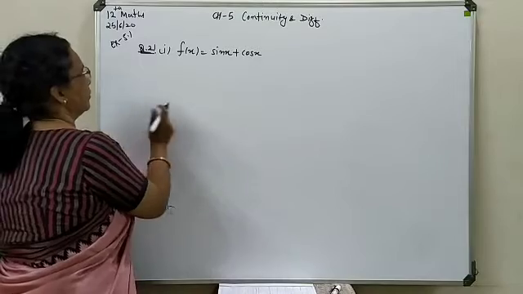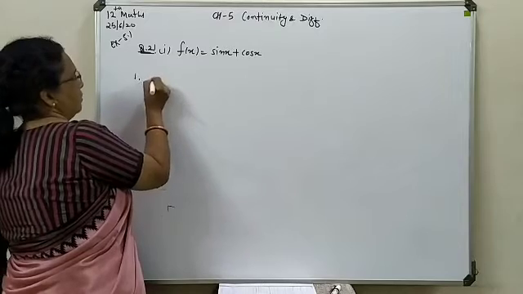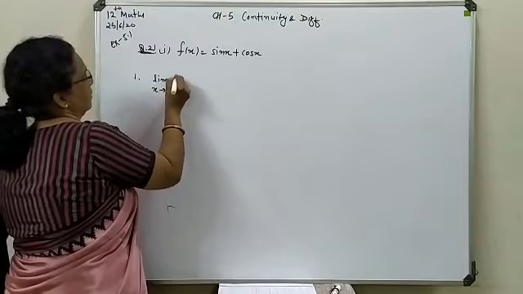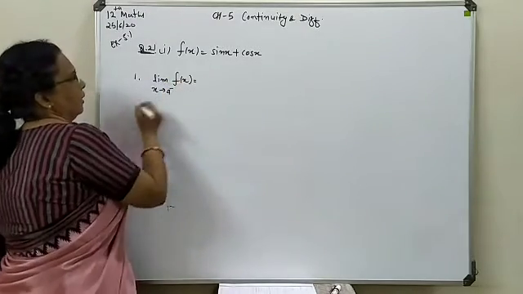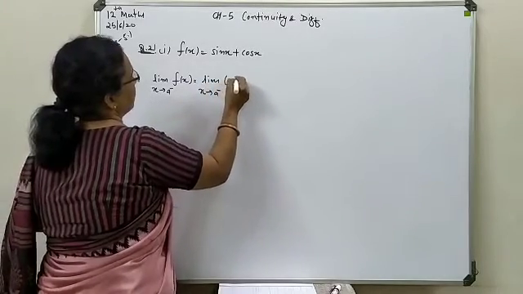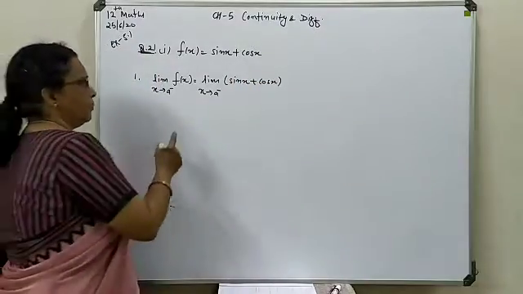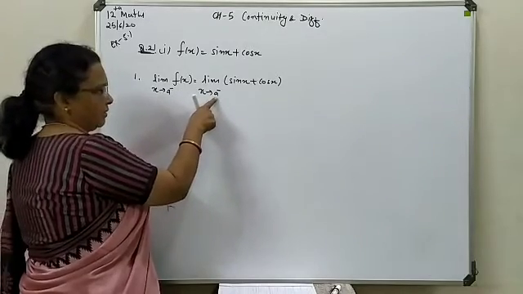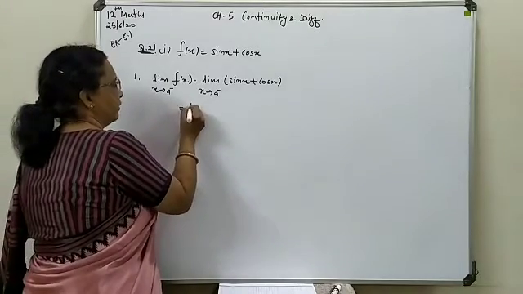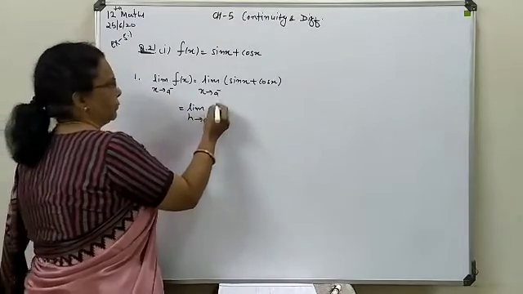First of all we will check the left limit solution. So here it is the limit x tends to a minus of f(x), which means sin x plus cos x. Now this form we will turn into the form of h. Whenever you go for the left limit, a minus, x is to be replaced by a minus h. So everywhere first make the change: limit as h tends to 0.